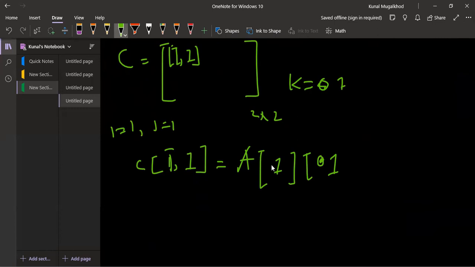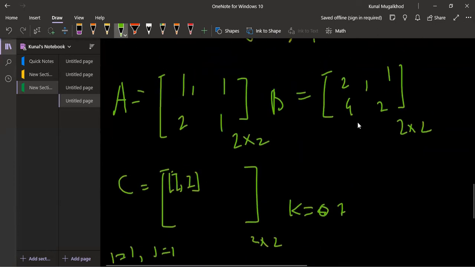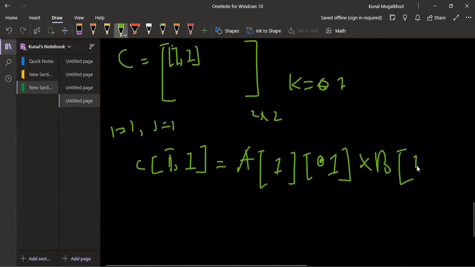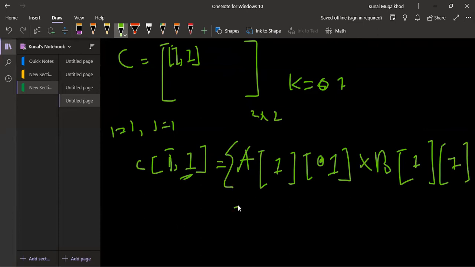So for simplicity here I have just considered 1. So a of 1 and k equal to 1, into b of k, here I mentioned the k, then it comes 1, and j has that particular value, so j's value is also 1. This is the summation over.